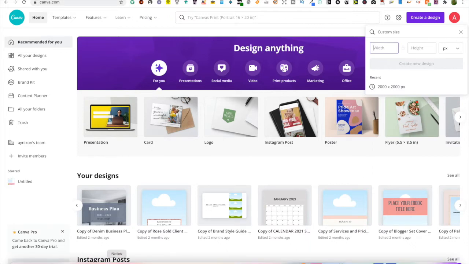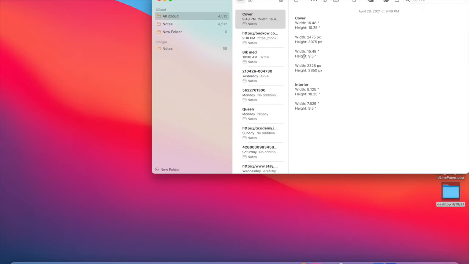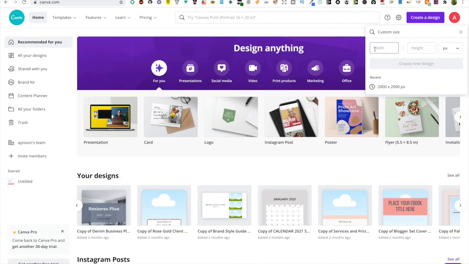So, we're going to go to my notes, and I'm going to provide these notes in the link. So the first thing we're going to do, we want to work with our interior pages. So we want to go with 8.125 by 10.25. So let's go back here and type in